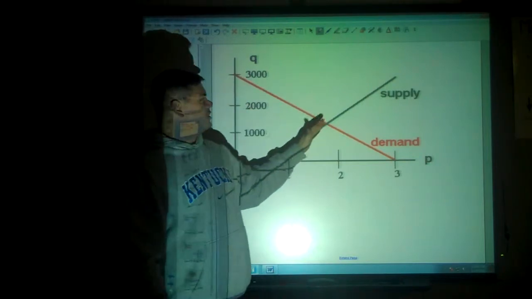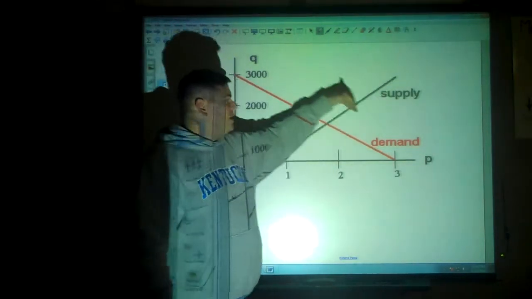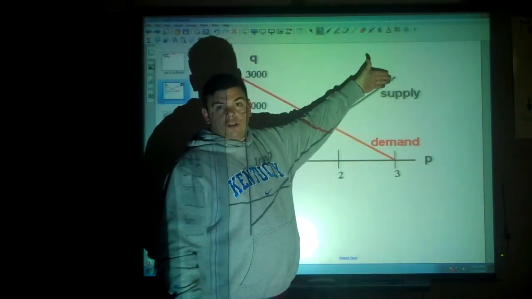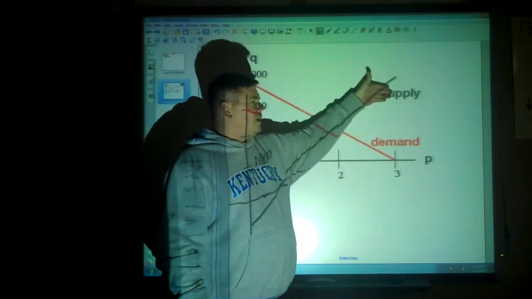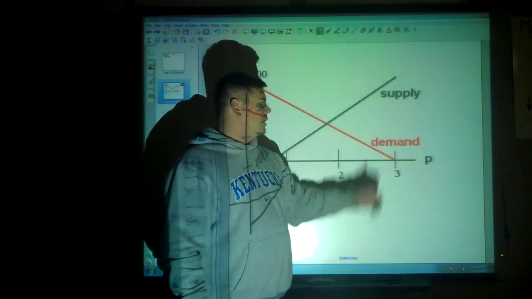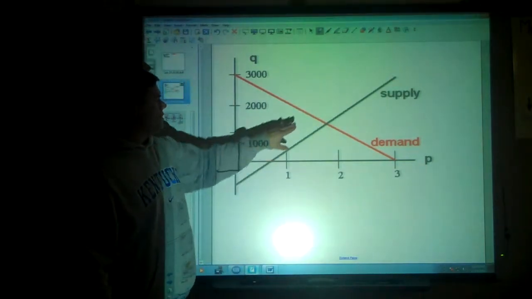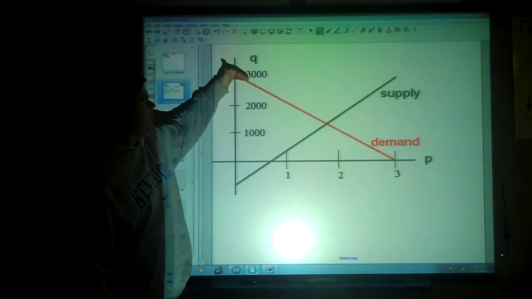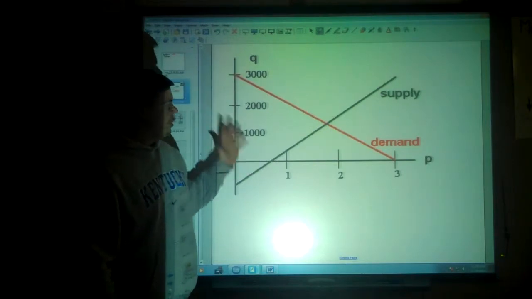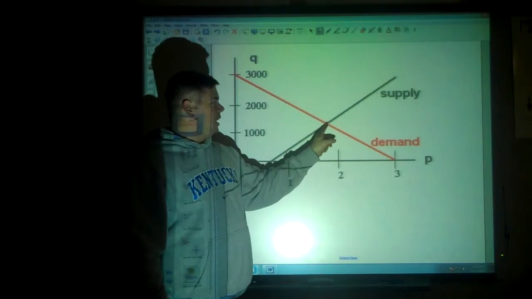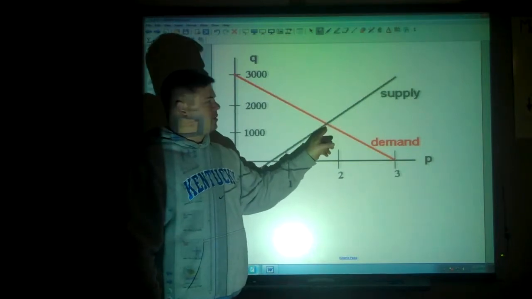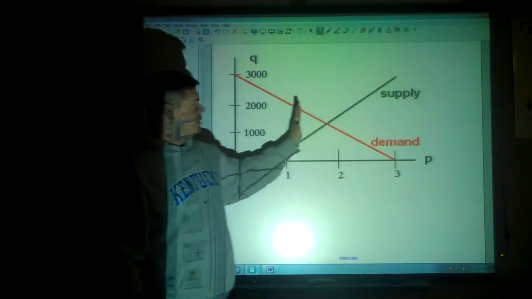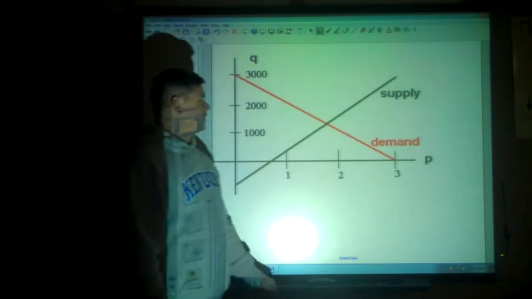As supply increases and there's more and more of the object, the demand will tend to go down. And we don't really want to have too much supply with very little demand. We can't charge a higher price when there's too much supply and not enough demand. So companies will purposely try to keep on this side of the graph where they can keep the demand very high and the supply very low. Or maybe they want to be optimizing it where the demand and the supply are the same so that you sell every single item. It's far better to be on this side than to be on this side where your supply is higher than the demand itself.